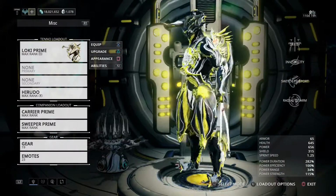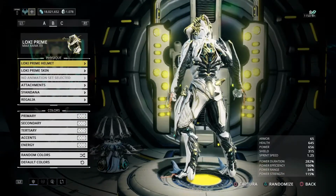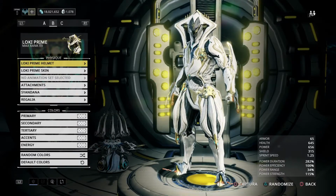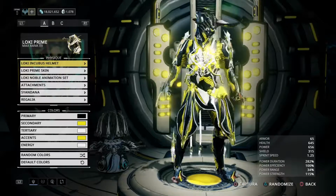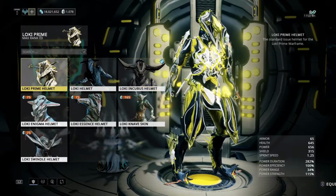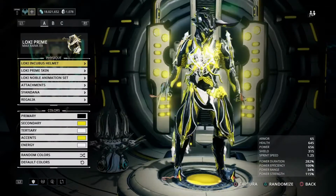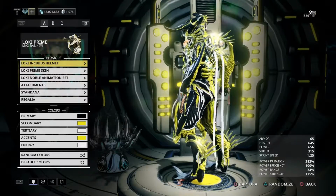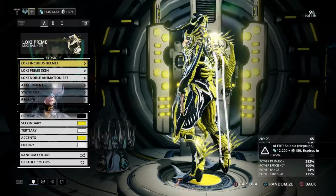Now Loki is one that's very near and dear to my heart. I ran him quite a bit when I was first starting out. Honestly, this is what I ran. Just his main. Didn't do anything. Didn't even add a side in. I love the way Loki looks base. And when you change him, this is what I got to. I took hours upon hours looking at all of his helmets and really looking at it. And it was between his Prime base helmet and his Incubus helmet. And I just really like the way he looks. I was going to go for like a devil red and black, but I really like this. The armor just adds to the